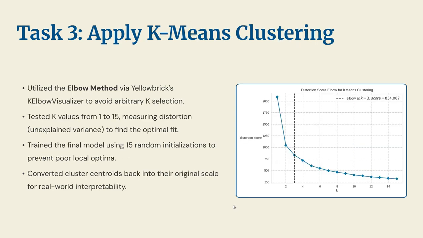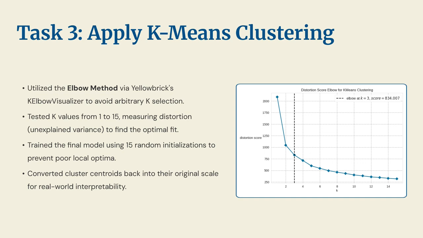So for choosing K, I thought about just doing what we did in class and trying to vibe it out. But I remembered that we discussed elbow clustering, so I looked it up and I found Yellowbrick, which is an extension of the scikit module rather. So I used the k-elbow visualizer, which produced the graph you see on the right, so that I didn't just